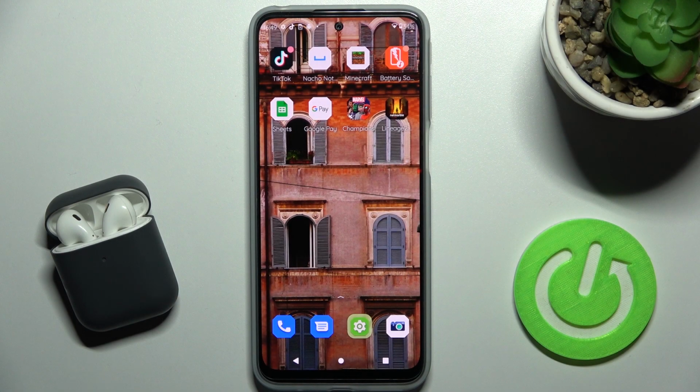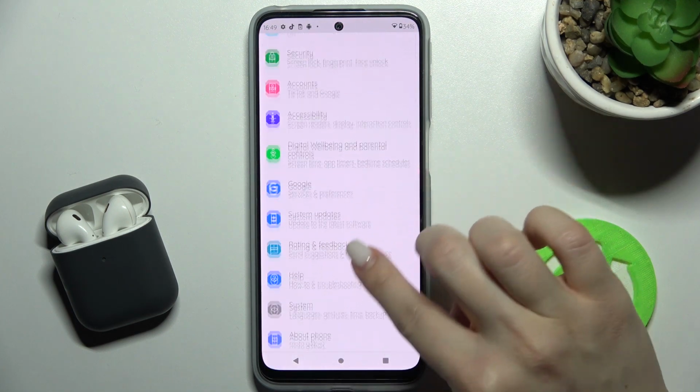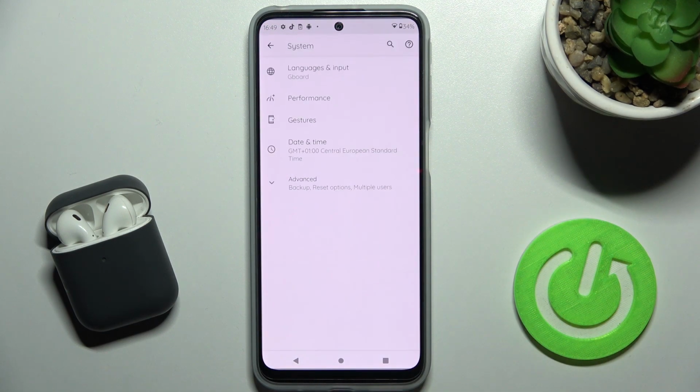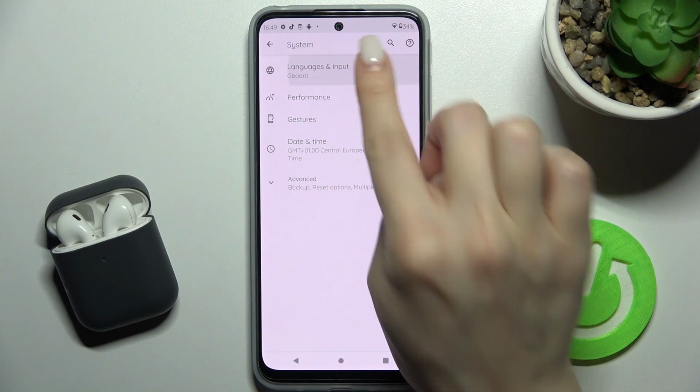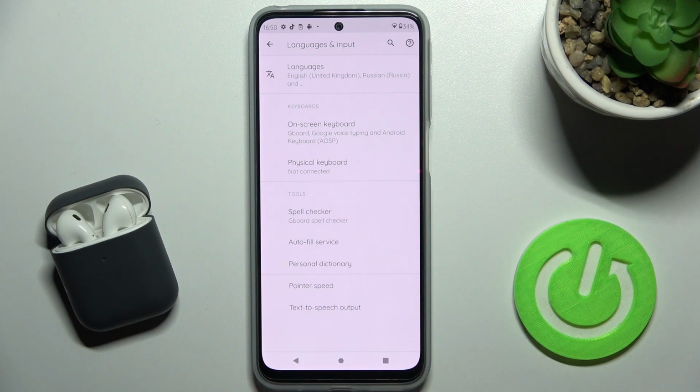Welcome to the in front of me Motorola Moto G31, and I'll show you how to customize text-to-speech on this device. So first you should go to the settings application and scroll all the way down to the system section. Now just go to the languages and input, and here tap to the advanced options, and you'll see here the